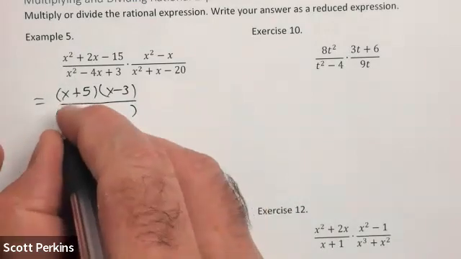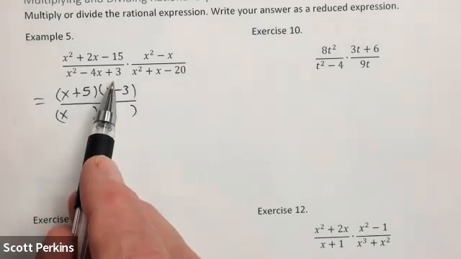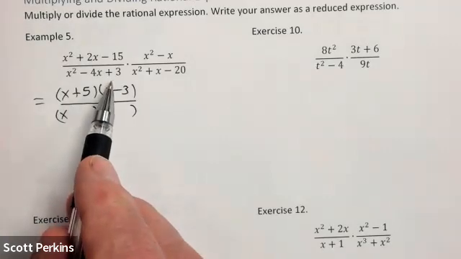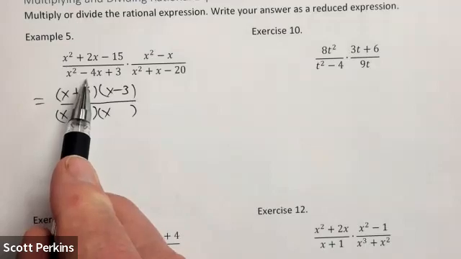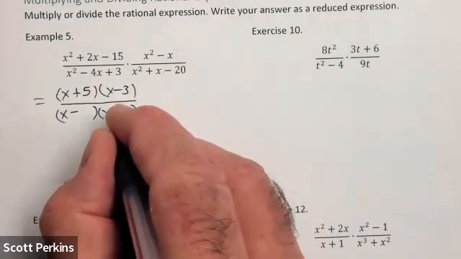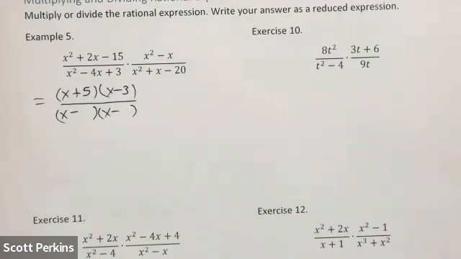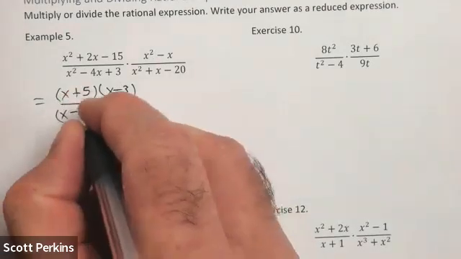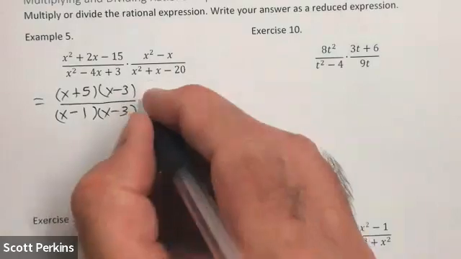The denominator. X squared is again x times x. My 3 is positive. So what does that tell me about the signs in the 2 factors this time? They're going to be the same, and in the past it's been positive, but this one, the 4 is negative, so that tells me they're both going to be negative this time. And then the 2 factors of 3 that are going to add up to 4, well, 3 doesn't have a whole lot of choices. It's going to be 1 and 3. Times